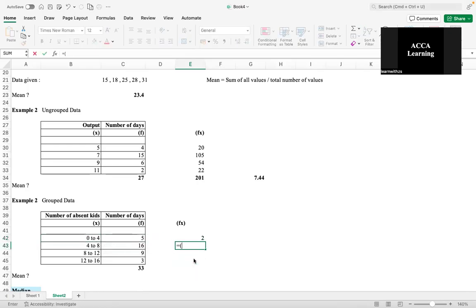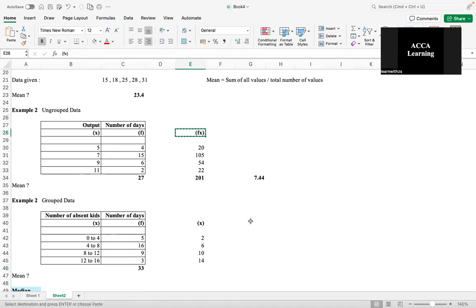4 to 8, you would do 4 plus 8 upon 2. Sorry, this is just x. This is still not fx. Then for 8 to 12, what do you do? 12 plus 8, your higher value plus your lower value upon 2. Correct? Then your 16 plus your 12 divided by 2, you get a 14. Now, once you have your f and your x values, you do the normal thing of